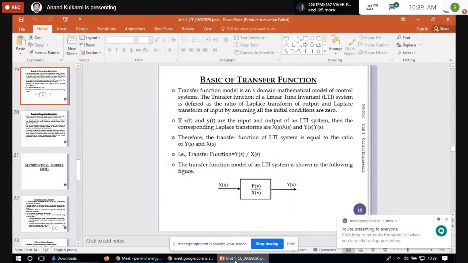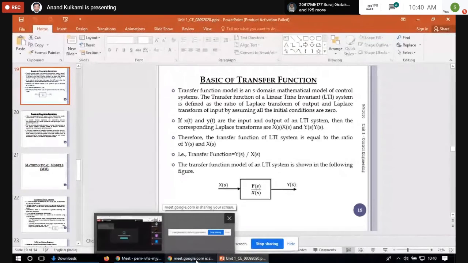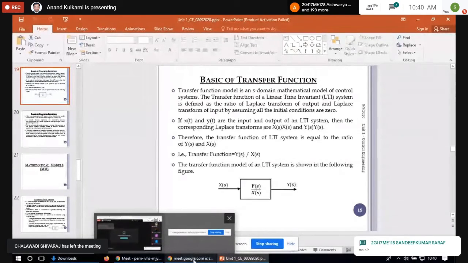Anybody wants to ask a question on transfer function? This is a basic definition. This always appears in most of the question papers for a maximum of 2 marks. So the transfer function of a linear time invariant system is defined as the ratio of the Laplace transform of output to the Laplace transform of input, by assuming all initial conditions 0. If you don't have any questions, we'll take a break for 10 minutes, and at 11 o'clock I will start with the Laplace transform and take some basic functions.